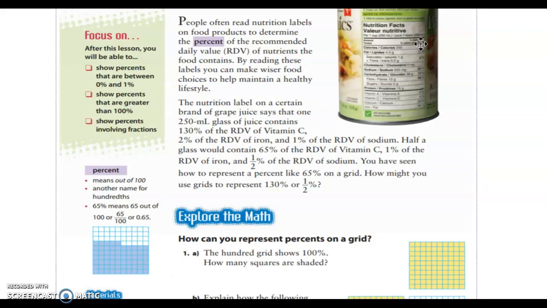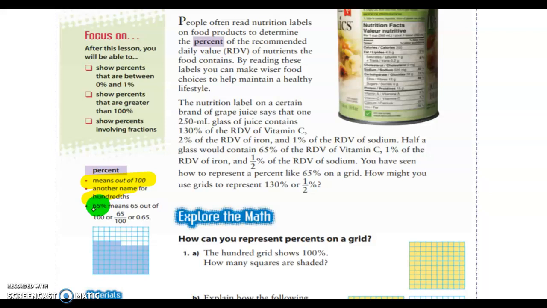And most of the time, if you go to your cupboard and you look at a can, these numbers are given in percents. Look on the lower left-hand side of your textbook, actually kind of the middle. A percent means that it's out of 100. Right? So we're talking about a ratio or a fraction that's out of 100. Another name for percent, we can say hundredths. And then it says